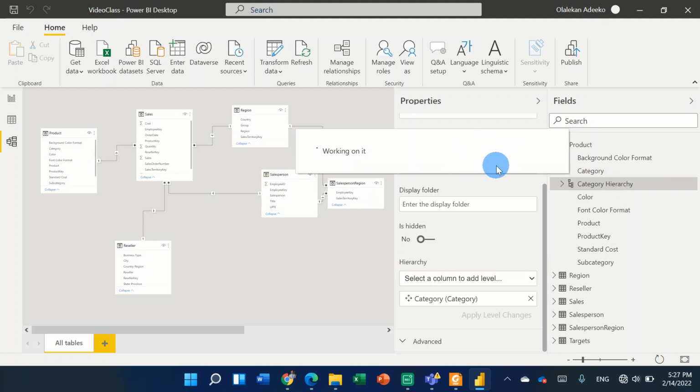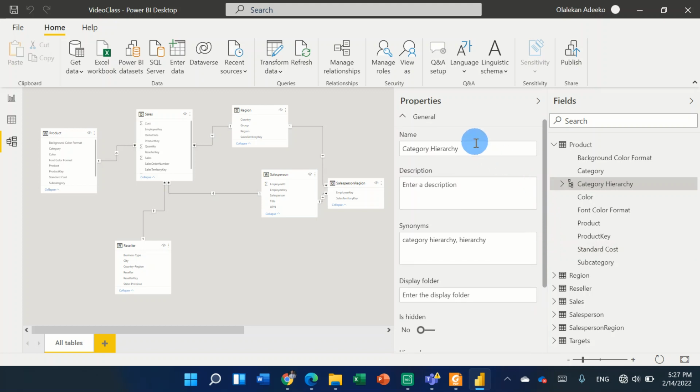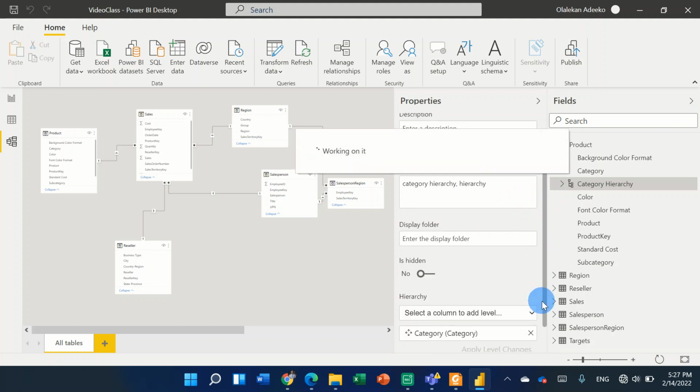So it's trying to create the hierarchy now. I now have a hierarchy created here. So this is the hierarchy. I want to rename the hierarchy. I want to give it products. Then I can add a description if I want, but I don't want a description for now. Let's go down to see the